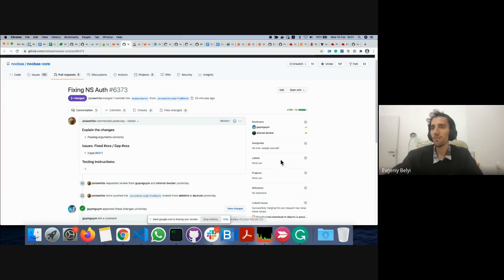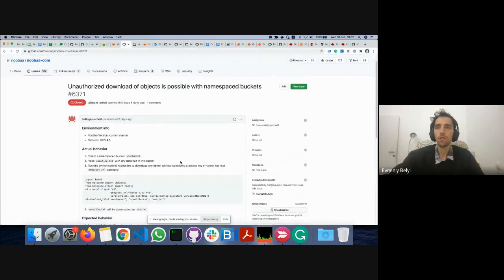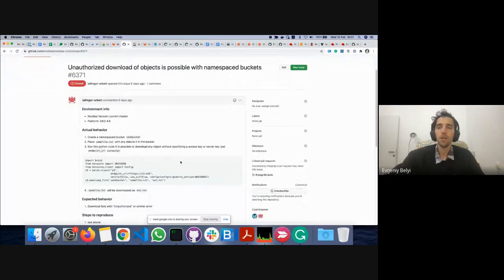Right, so as you can see by the presentation of Liran, there was an issue that is linked, if you can open the 6371. The issue was in regards to authorization on namespace buckets.